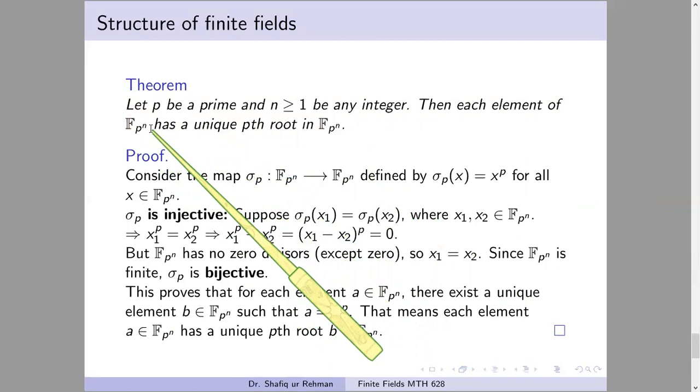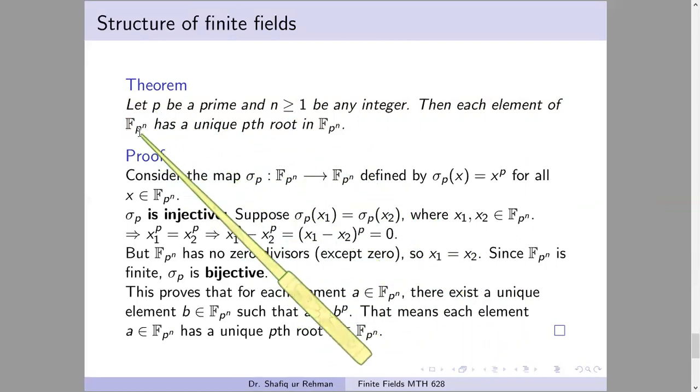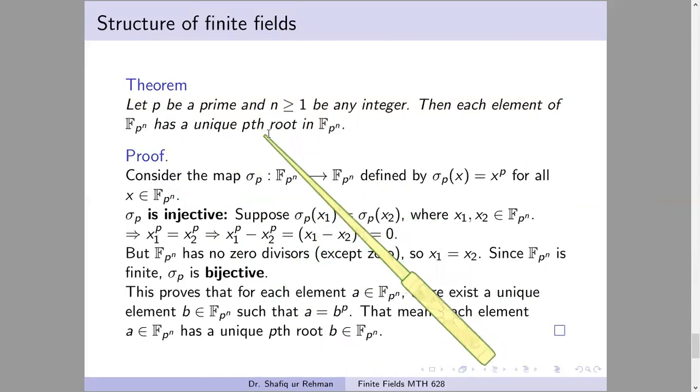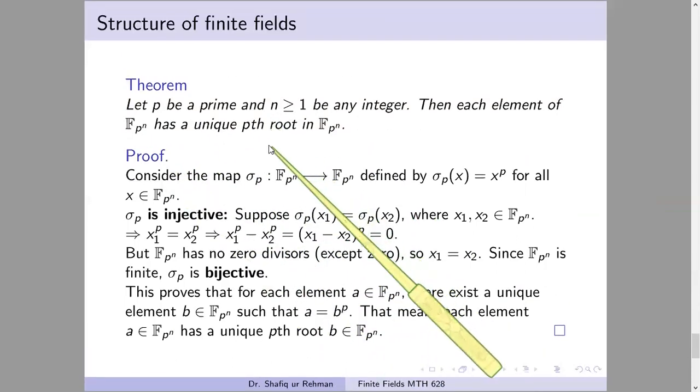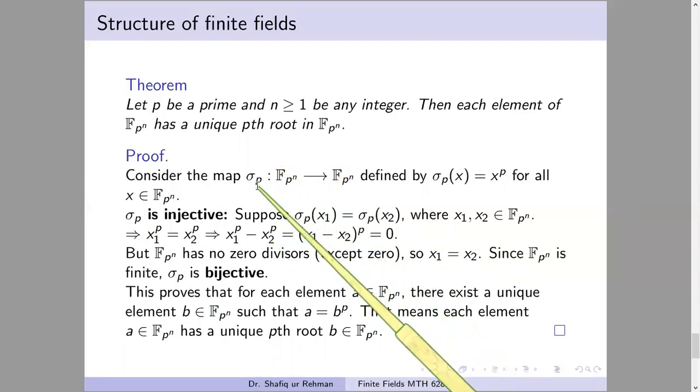तो यहाँ पे हर प्राइम की बात की। अगर यहाँ पे p 2 होगा तो स्क्वायर रूट आ जाएगा, 3 होगा तो क्यूब रूट आ जाएगा, 5 होगा तो फिफ्थ रूट आ जाएगा। तो ये सेम प्राइम के लिए हम बात कर रहे हैं, और इसका प्रूफ बिल्कुल उसी तरह है जिस तरह हमने स्क्वायर रूट वाला शुरू में किया था। कंसीडर दिस मैप बिटवीन दिस फील्ड्स, वी डिनोट दिस बाय सिग्मा p।